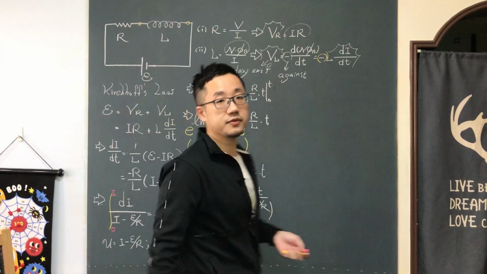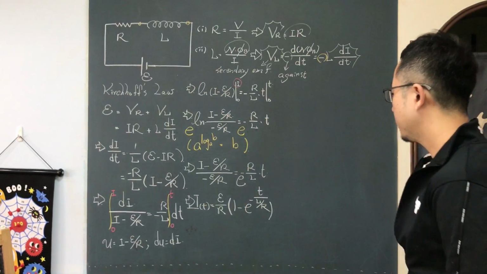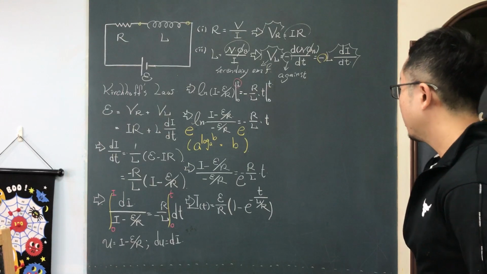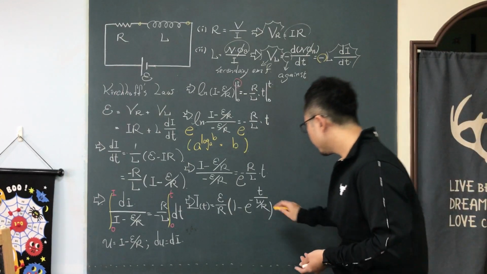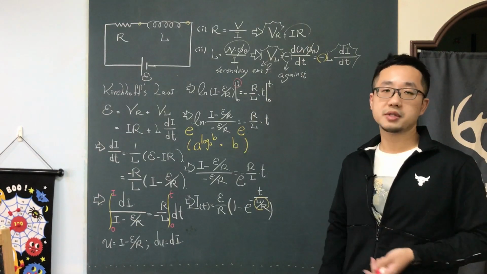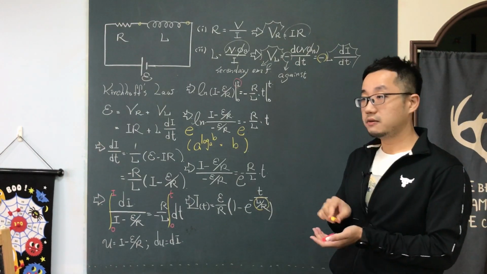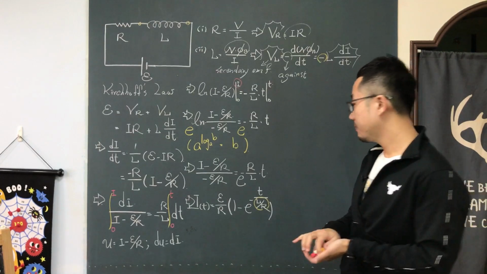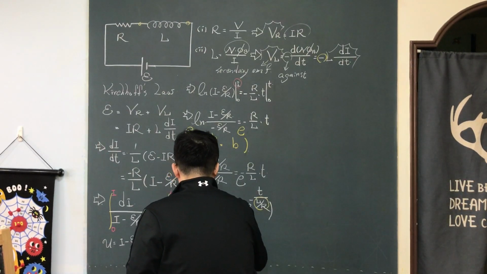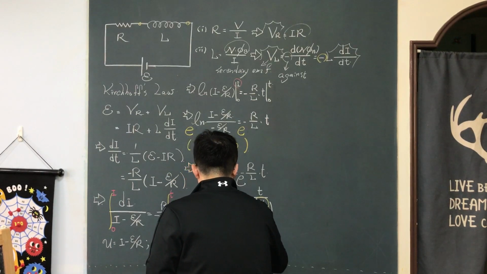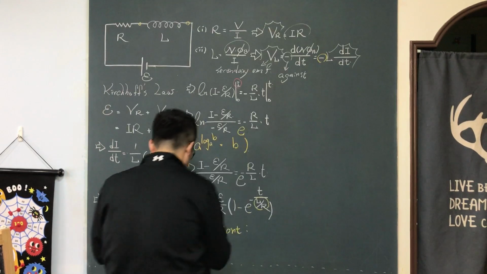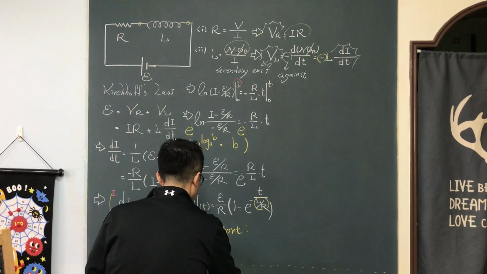Okay, check it. Is everything okay right now? Yes, it's okay right now. Right here, I would like to name this factor the time constant. This is a special factor that we need to give a special name. This is the time constant, and the symbol is tau. Tau is equal to L